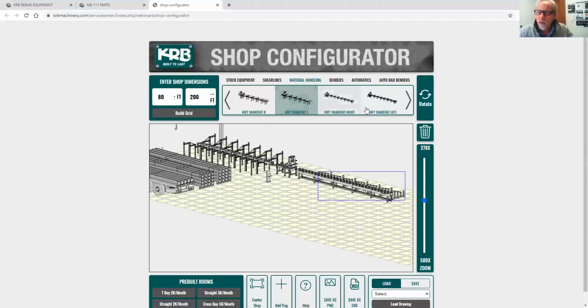But they are a way to get bar loaded onto the entry side of the conveyor without having to shake the bars out onto the conveyor. In this instance, I'm going to go ahead and use the chain drag. It comes in 10-foot modules. So with a 40-foot machine, it's actually 3 modules that we'll put in there, and there's some space